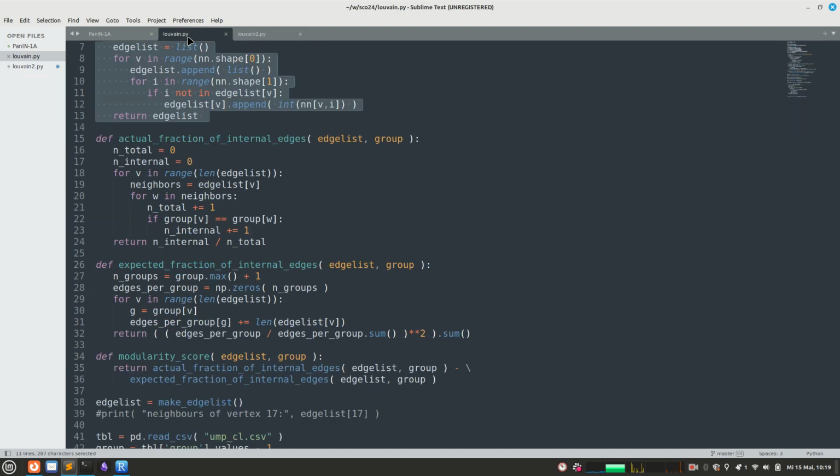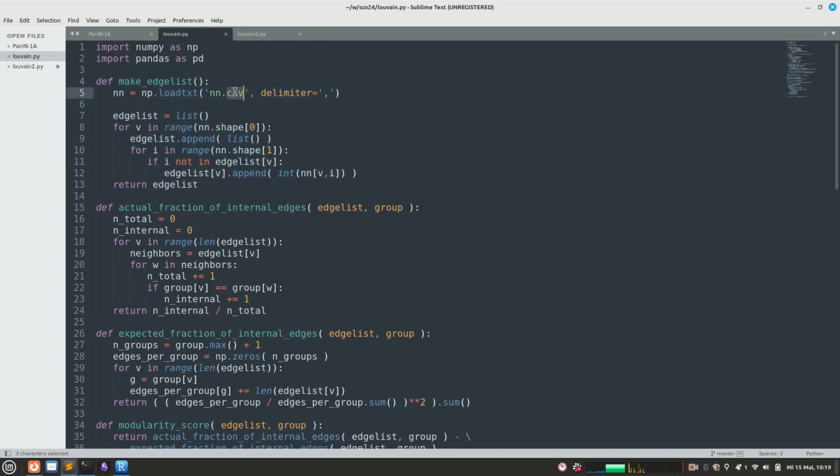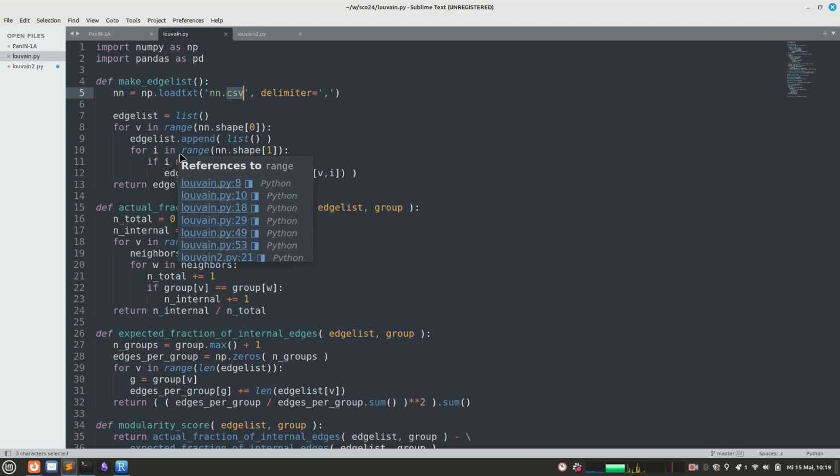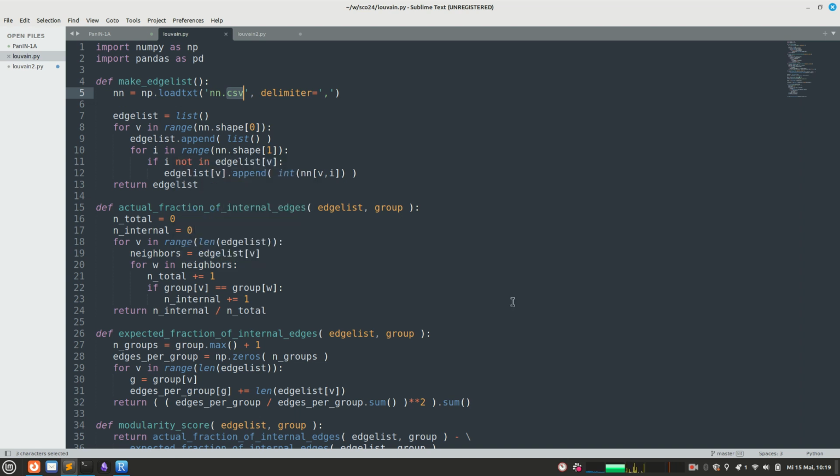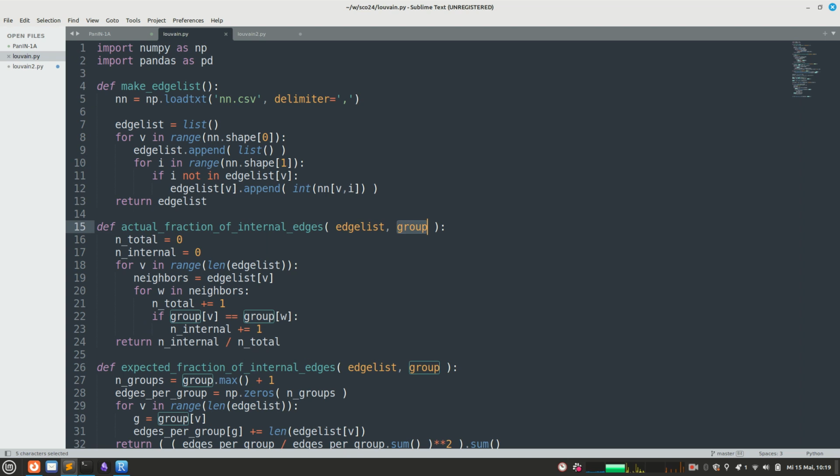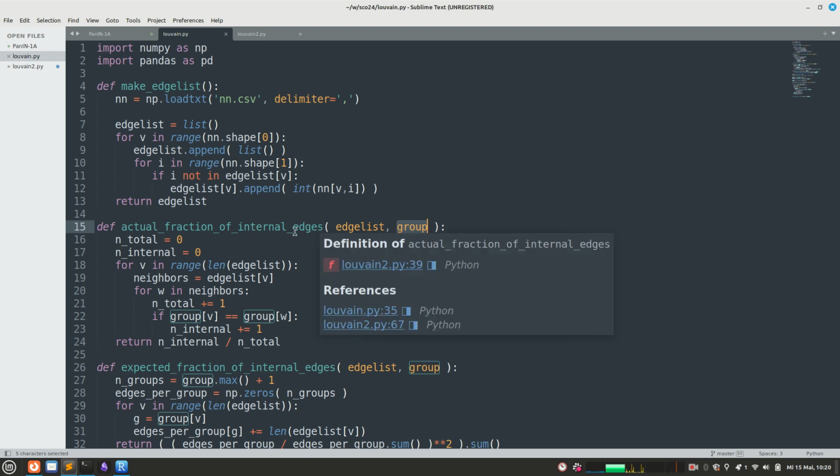So this is what we've done last time, as you might remember. We had this matrix of neighbors where for each cell we had its 10 or 15 nearest neighbors, and when we wrote this thing to make an edge list, which was a list of lists, which just tells us for each cell all its neighbors. And we had this group variable, where each cell is assigned to one group or cluster or community or whatever you want to call it. And we wanted to know which fraction of all the edges between cells, so of all the neighborhood relations, is actually